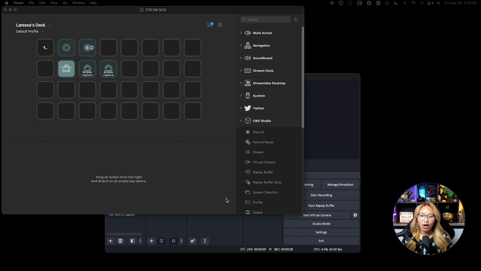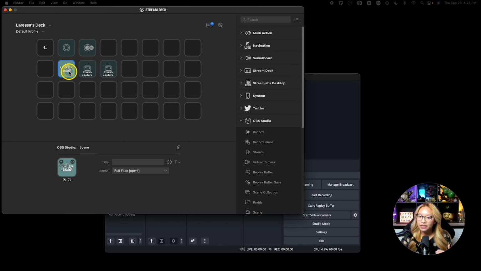So let me show you how to add in your custom icons. Now you obviously don't have to do this, but I like to create my own icons so I can visually see what everything is, because when you're filming, sometimes this doesn't look great to be like, oh, this is my full face, this is my other scene. So I just like to make this myself, but I do believe that with the Stream Deck here, you can actually